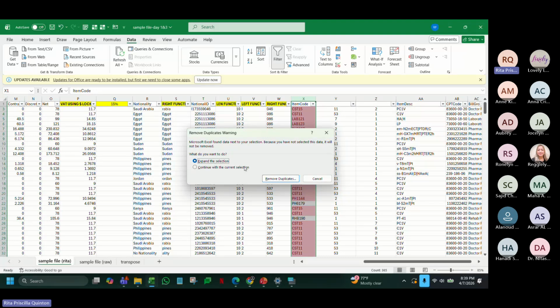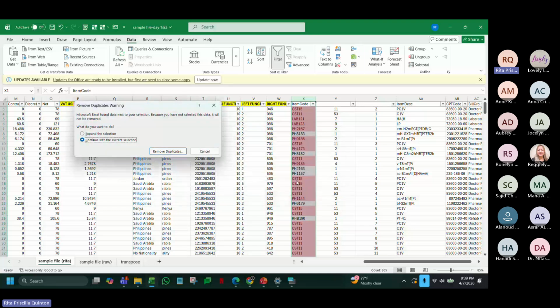If you want to delete only the codes, then you will click this continue with current selection. Meaning, since I highlighted only the column for code, then the Excel will only delete duplicates within this column. But if I say expand the selection, then it will delete the rows.